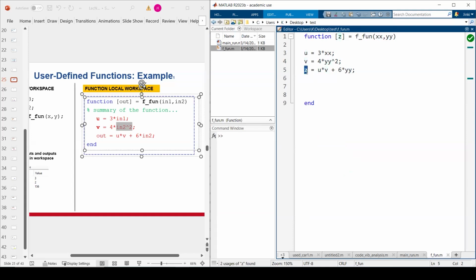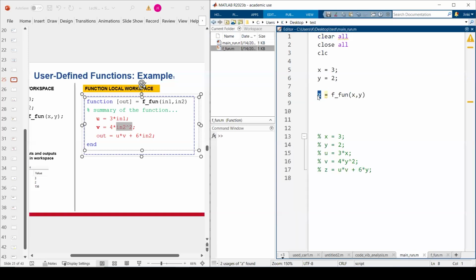However, only this z goes out. U, v, xx and yy, they just stay here and they just go away, basically. After this is all run, z is the only thing that goes out, and then it's going to be assigned to this another z, or you can call it out, or zz, whatever variable that you define,